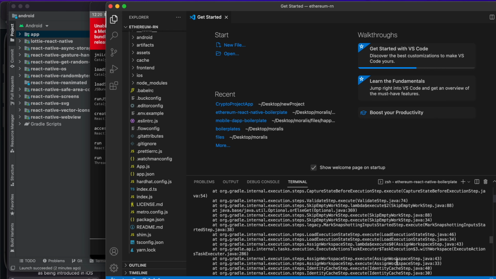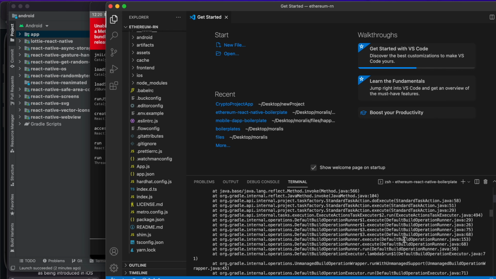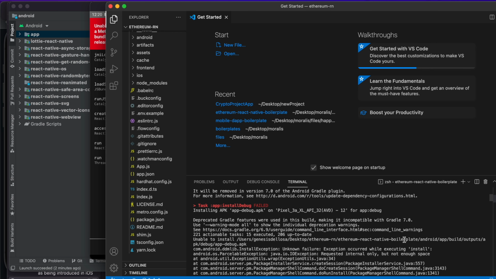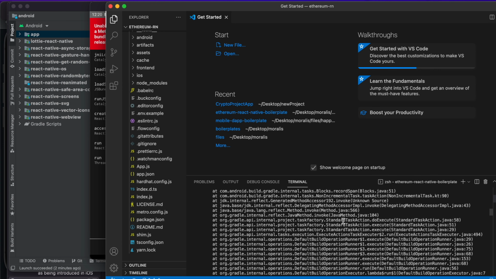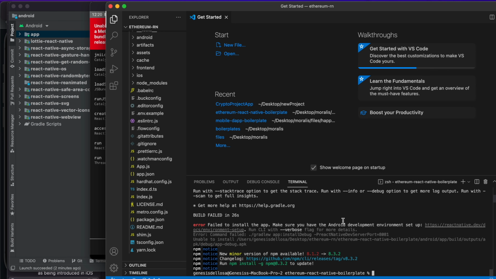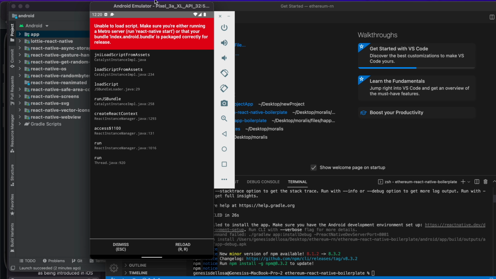Okay, so still the same error. Maybe we can get something here. Installing APK app debug on Pixel. Deprecated Gradle features were used in this build, making it incompatible with Gradle 7.0. So I think we have to update or downgrade the Gradle for this emulator, or maybe we can do something like